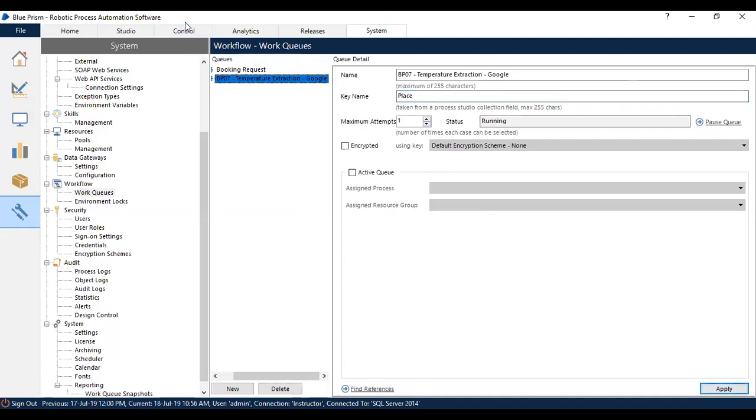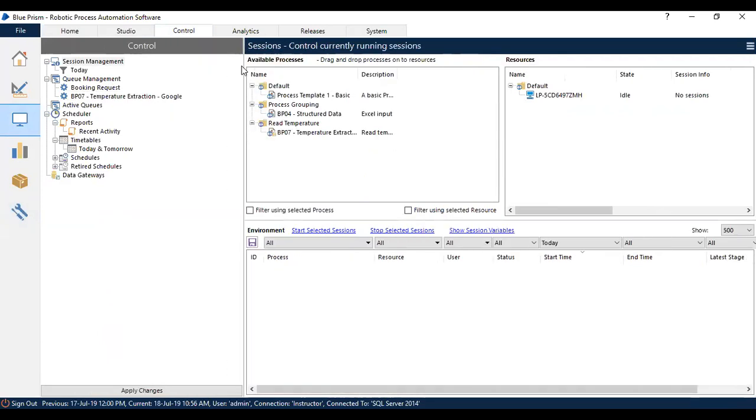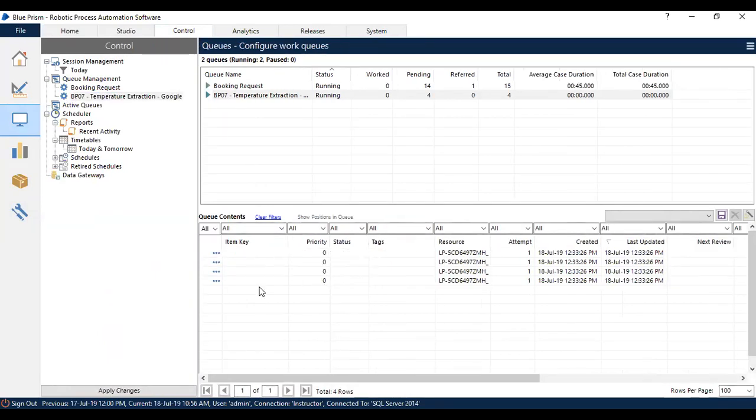Once you click apply, your queue item key name will now get loaded with the proper values in the particular column which we have defined. Earlier we saw the 4 items which are pending, but the item key is empty. We will not be able to see which value is marked as completed or exception and so on. So now if I rerun the same collection, the same add to queue action again, it's going to add the 4 items into the work queue again, but you will be able to see the difference: the item key will not be empty now. It will have the values in each row.